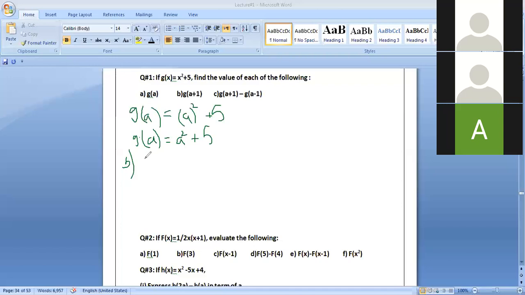We are given g of a plus 1. Let us read the question, in part B we have g of a plus 1. So in place of x, this is the value of x. ये x की जगह पर we will write a plus 1 in the question. Okay, like this. So according to the given condition, अब हम इसको क्वेश्चन में पुट करेंगे. This is our original equation x square plus 5, it becomes (a plus 1) is the value of x.